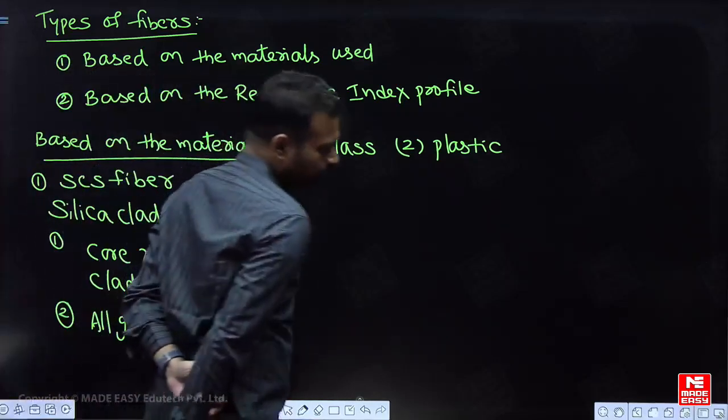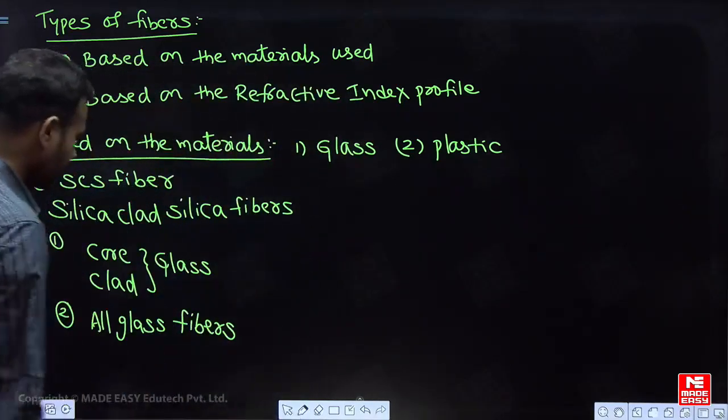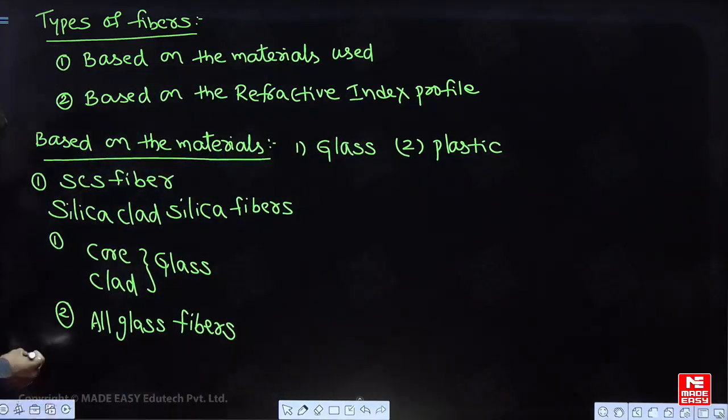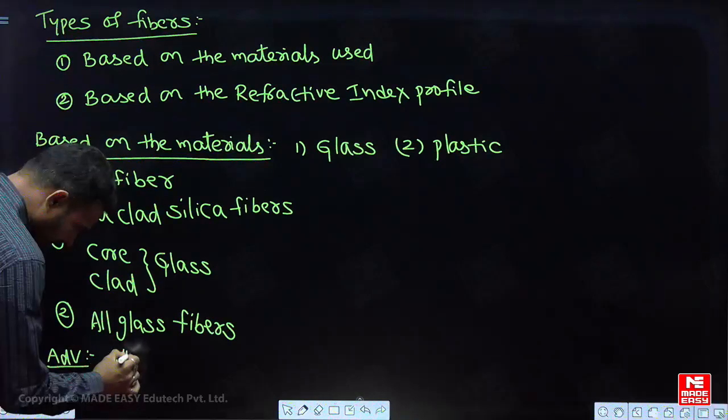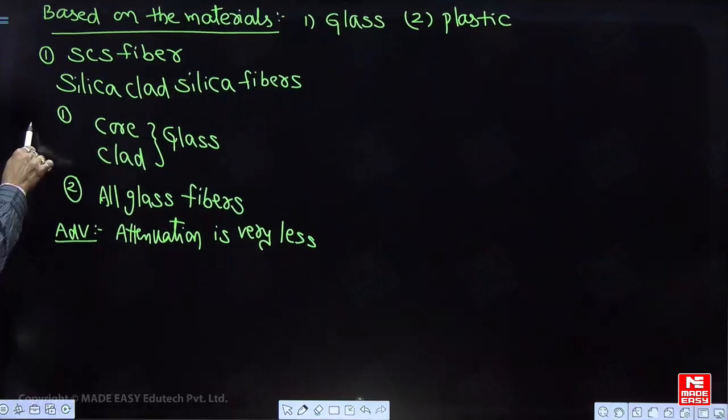One of the beautiful advantages of this fiber is that attenuation is very less. The disadvantages,